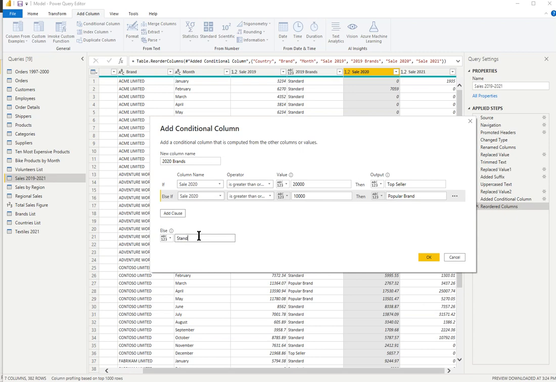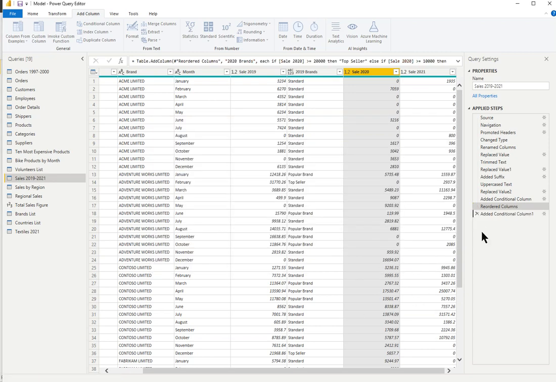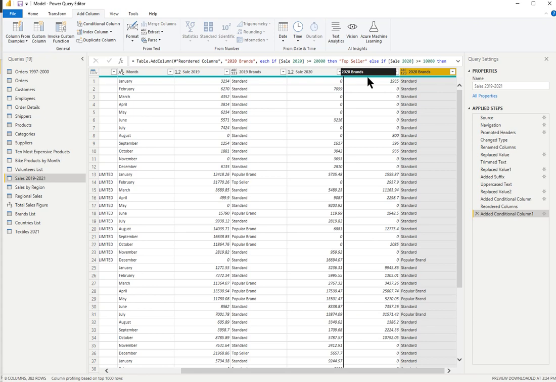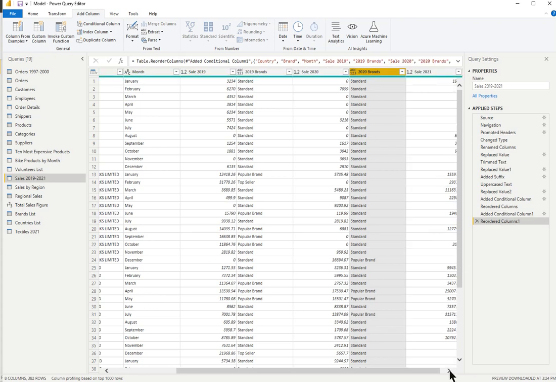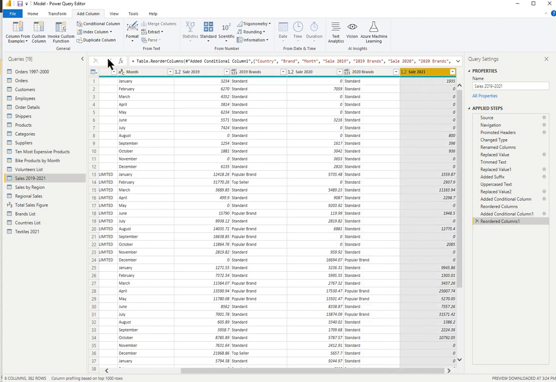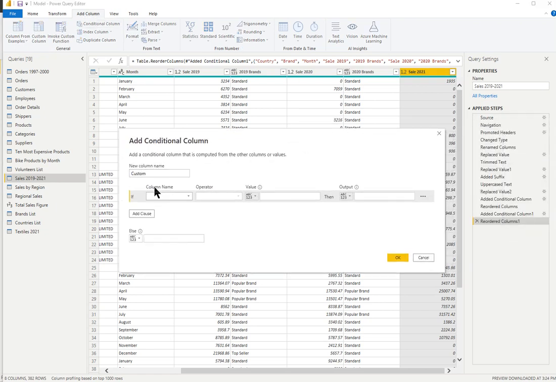Else it's standard and OK. And then I want to move that column to the right of that column. If I then do the last column, click on this column, go to add column, go conditional column, and again say that this is the 2021 brands,